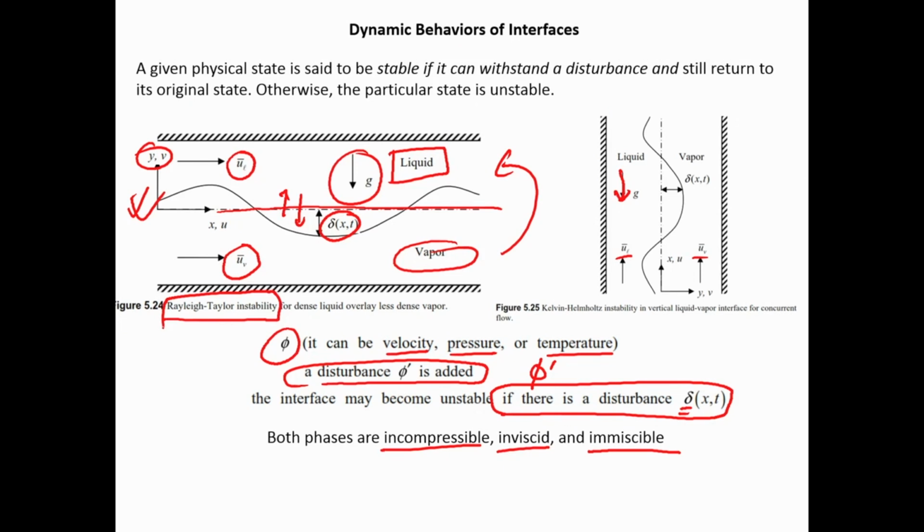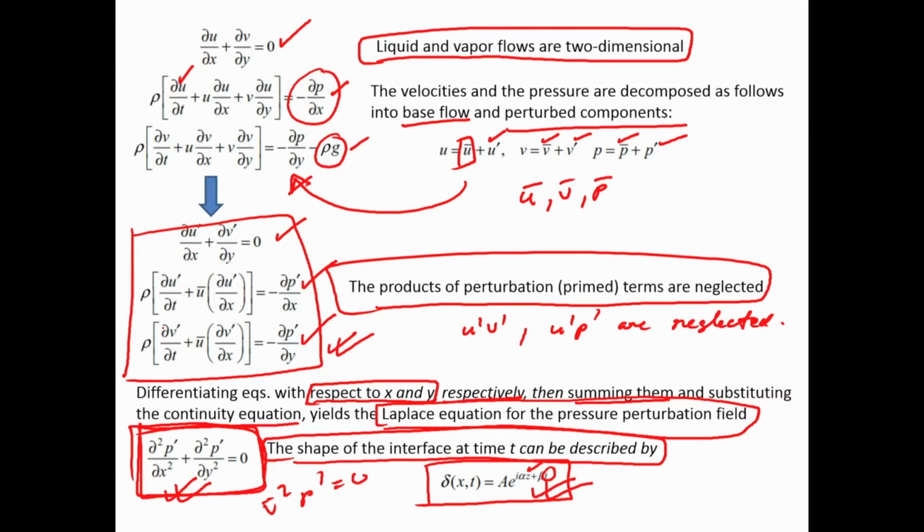Okay, it is called the Rayleigh-Taylor instability. So, you can have a recap. We actually have a flat interface, with two fluids moving on both sides. We add a perturbation component to the whole thing. We decompose it into two components, a mean flow or base flow and a perturbation part,